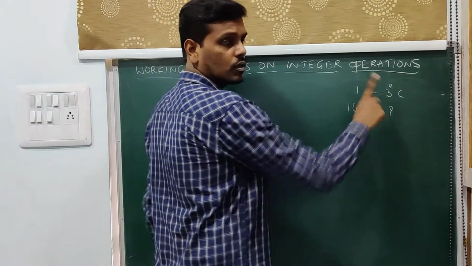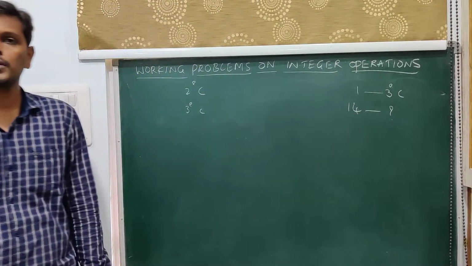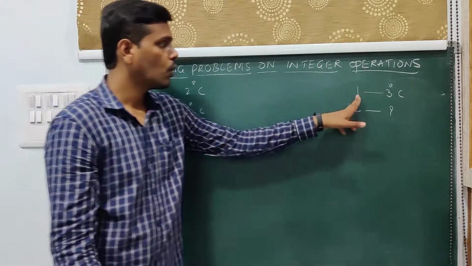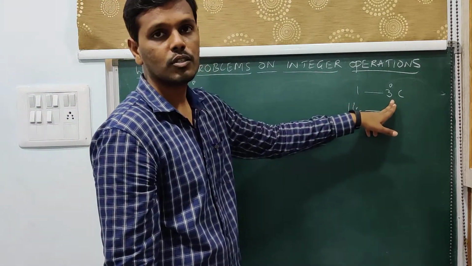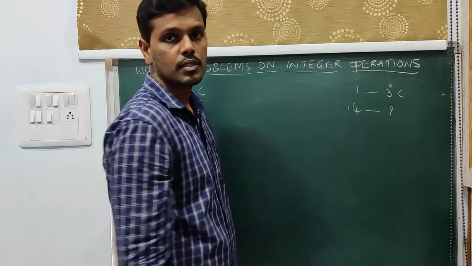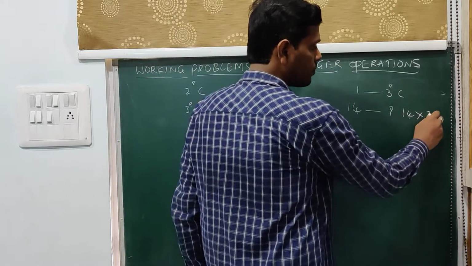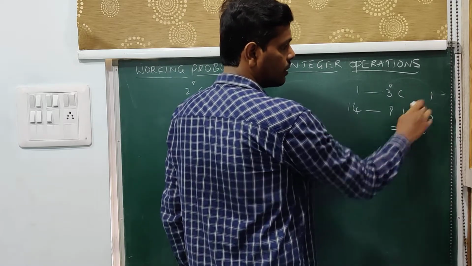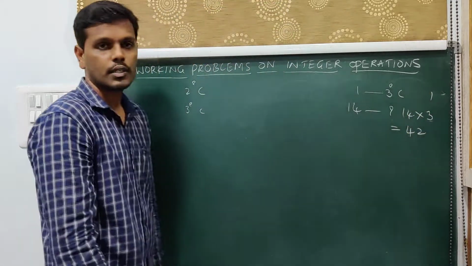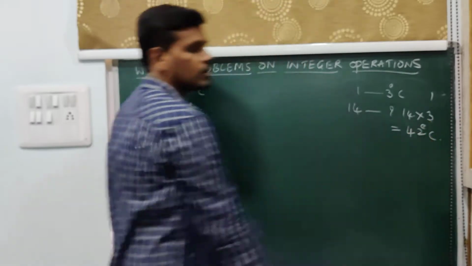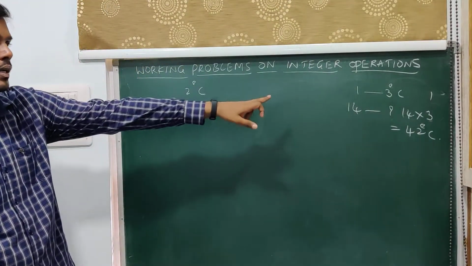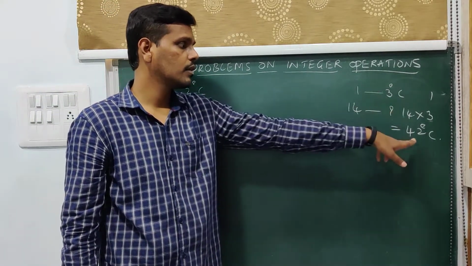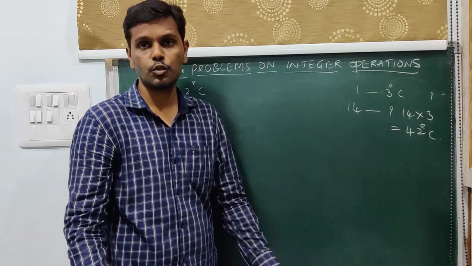So one day 3 degrees. Say one chocolate costs 10 rupees. What is the cost of 10 chocolates? 10 into 10, which is 100. On the same lines, one day the temperature being reduced is 3 degrees Celsius. 14 days it will be 14 into 3. So 14 into 3 is how much? 3 4s are 12, 3 1s are 3, plus the 1 carried, 4. So 42 degrees Celsius. So one day 3 degrees Celsius is being reduced, so in 14 days 42 degrees Celsius should be reduced.